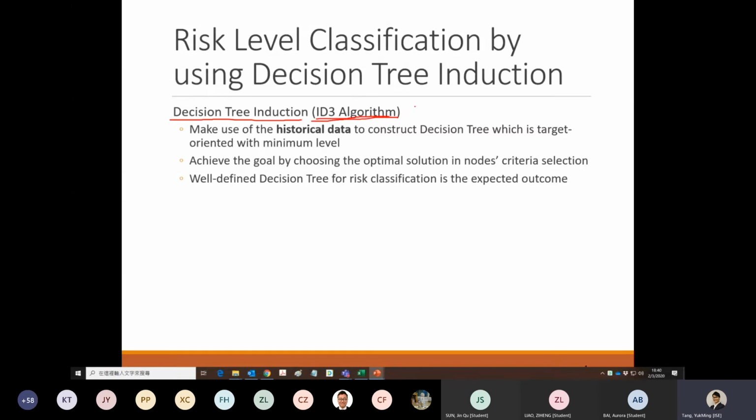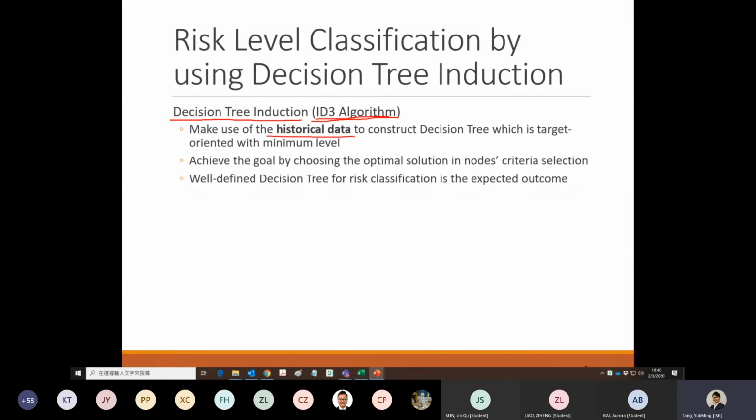This is the most commonly used algorithm for decision tree induction. As mentioned, we are going to talk about the standard decision tree algorithm, the ID3 algorithm. If you are interested, you can also search for other algorithms, but we're going to talk about this one first. In order to perform the decision, one of the major important issues is that we need to have some